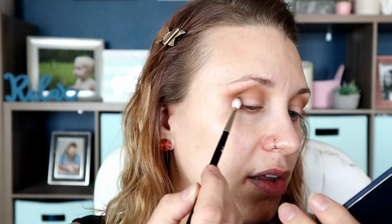Then I'm going to take this Refer number 14. It's kind of little, pretty pointy, and I'm going to go into the color right here called Sable. And I'm just going to intensify that outer V and run it also down, but probably just halfway down. So we're going to get a little bit more drama, but we're going to stay really close to that same tonal color. I'm going to look at myself in my viewfinder